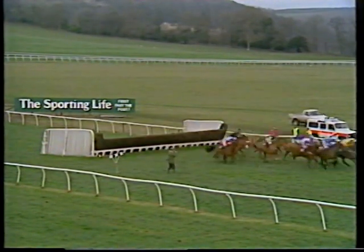Remedy the Melody from Steersby in second, On the Twist third. Gopher 4. 5 is Roller Joint. 6 is Charter Hardware. 7 Little Pulver and 8 Team Challenge as they swing into the straight on this first circuit. Remedy the Melody, who made all the other day so gamely at Hurst Park in very testing conditions too, at Haydock Park I should say, going a little bit further back to Hurst Park as they stopped racing there about 40 years ago. Coming up towards the next, the second of the ditches,